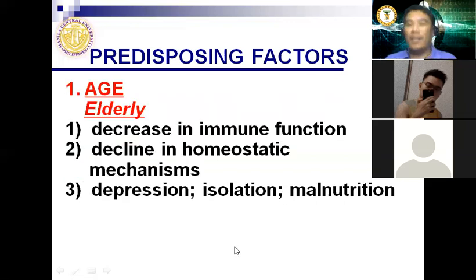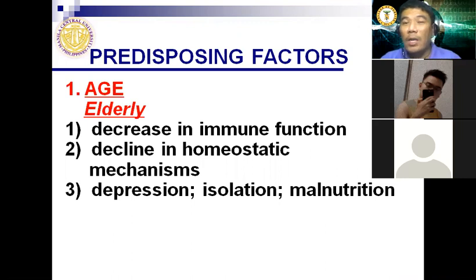Then we talk about elders. When we talk about the elders, why are the elders also at high risk of infection? It's because, as I told you, with increasing age, the pathophysiologic response of the elders is decreasing. If there is a decrease in the pathophysiologic response, there is also a delay in the action of the cells. If there is a decrease in the action of the cells, it will also delay the defense against infection. So that's why the elders are high risk,